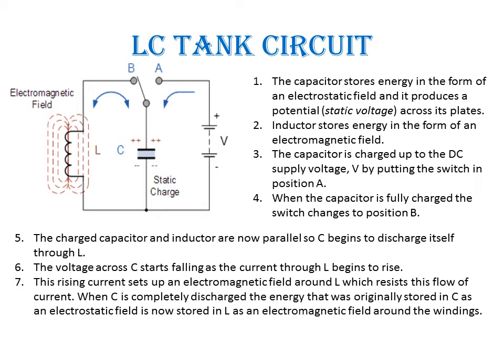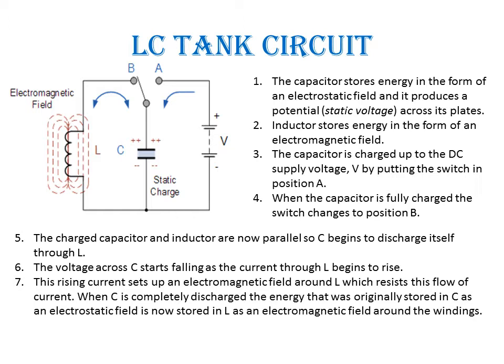But an inductor has a property: it will oppose any change in current through it. Therefore, when the current is flowing from the top plate of the capacitor in the counterclockwise direction through L, this inductor will try to oppose it. It will generate an EMF in such a way that it opposes the flow of current. That induced EMF will set up a voltage that charges the capacitor in such a way that the bottom of the capacitor will acquire positive charge.